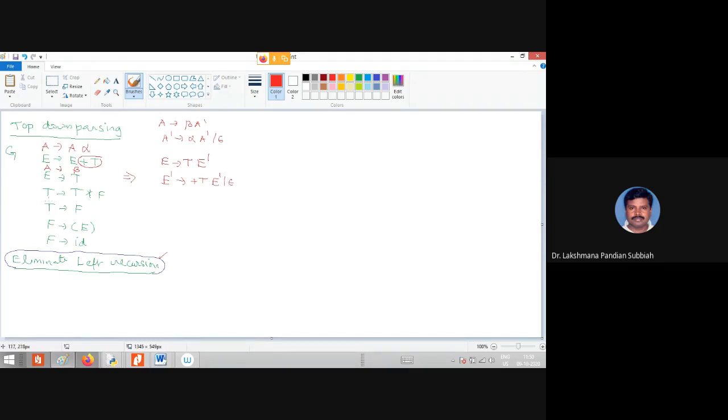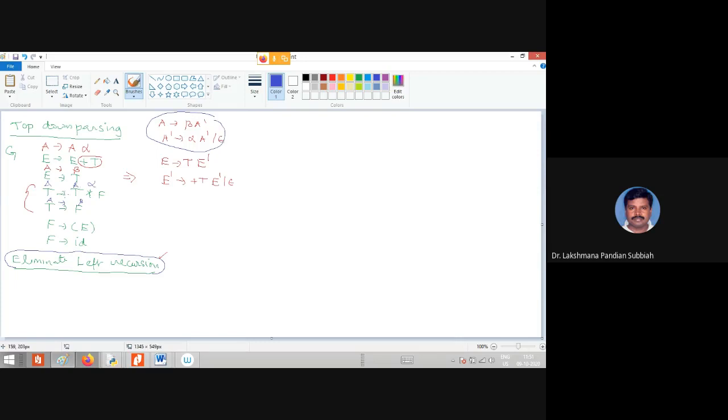Similarly, here we also have left recursion, so you take this one as A, this is alpha, and this as beta. For a single non-terminal, you have to consider it separately, so that is E. Now for T we have left recursion, so we have to remove it. Use the same formula for that case also.